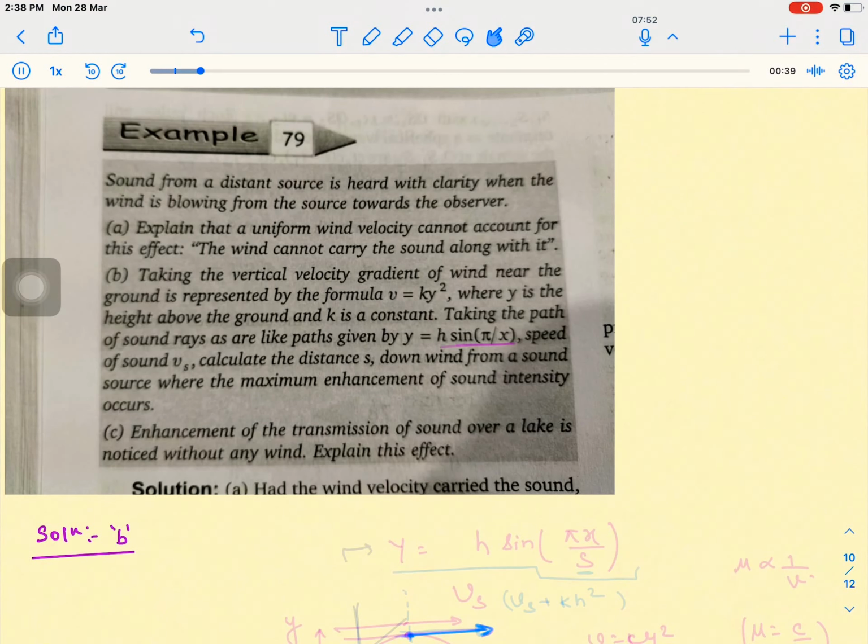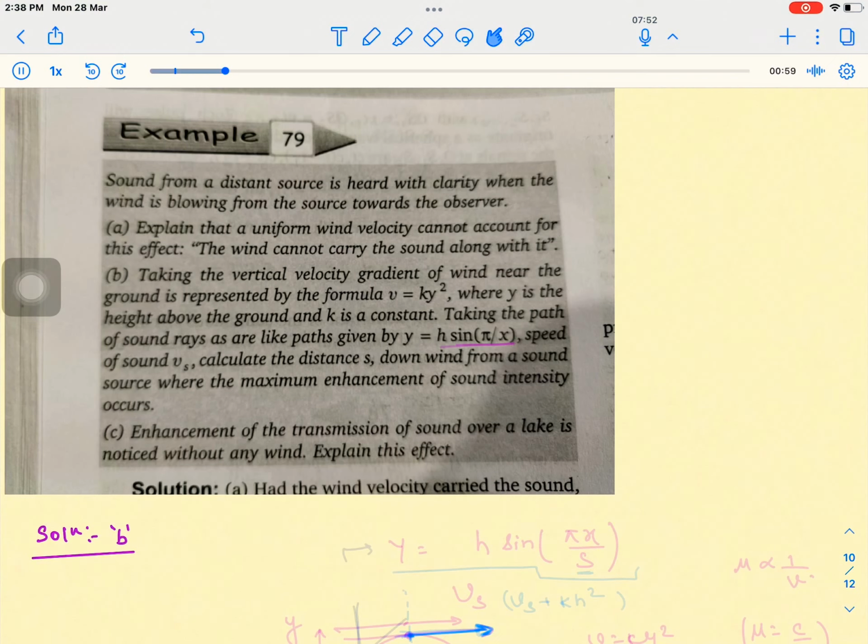And then the B part, they are saying, that's the mathematical one. Taking the vertical velocity gradient of wind near the ground is represented by the formula V is equal to ky square, where y is the height above the ground and k is a constant. Taking the path of sound rays as given by